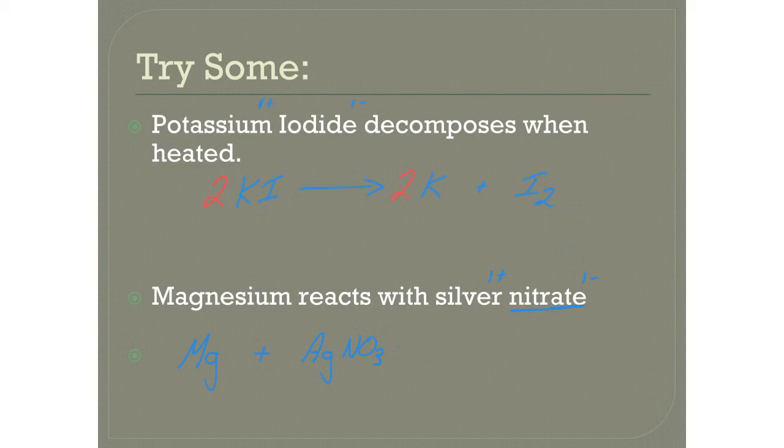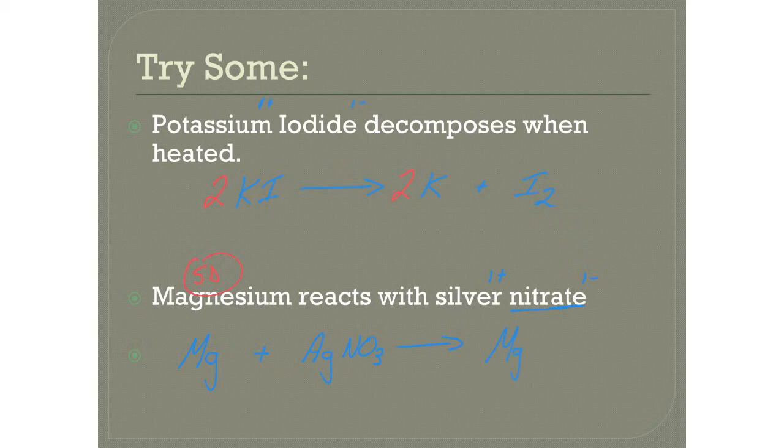Those react together and they produce, well, we have to identify what type of reaction this is. The first one was decomposition. We have magnesium all by itself, reacting with silver nitrate, so this is going to be a single displacement. So let's go ahead and finish writing the products. In a single displacement, the metal will displace the metal. So I'll have magnesium